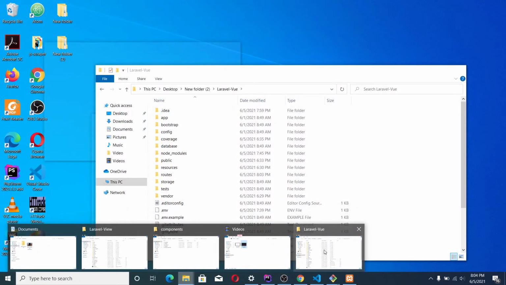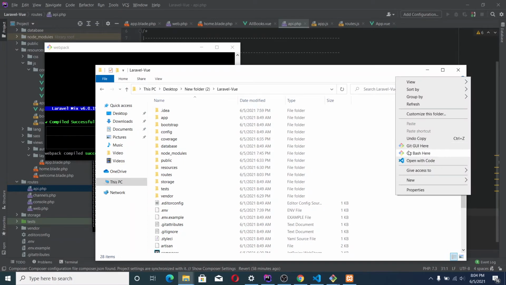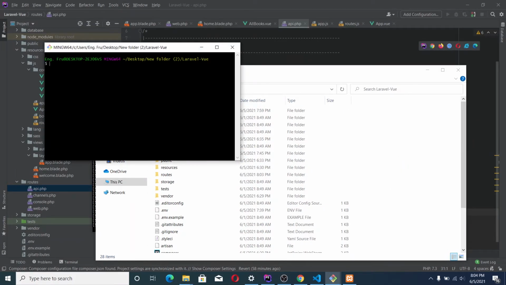Let's run php artisan make:controller BooksController, and this is going to be a resource controller.